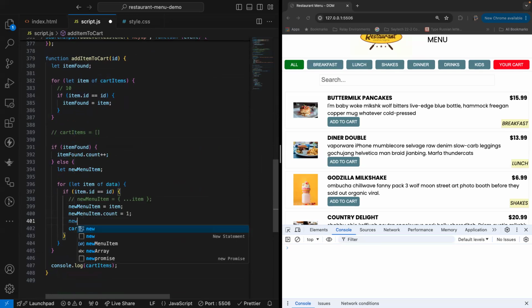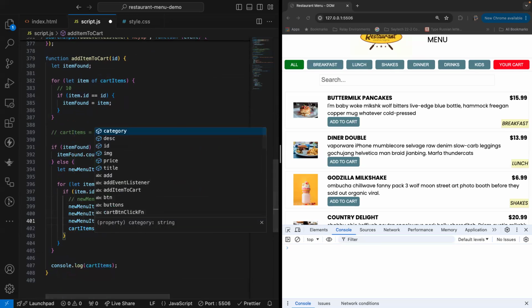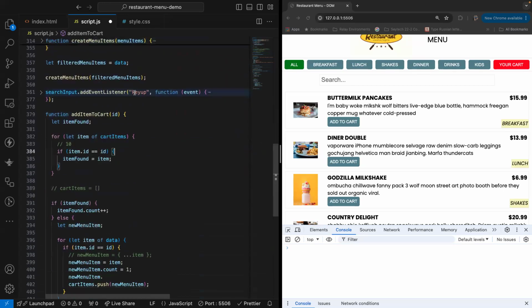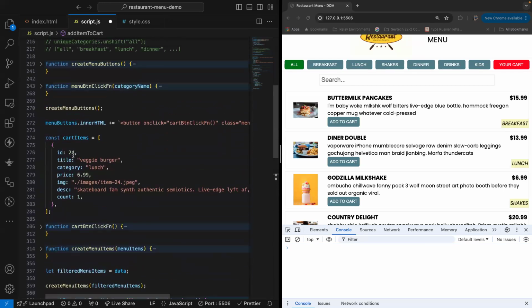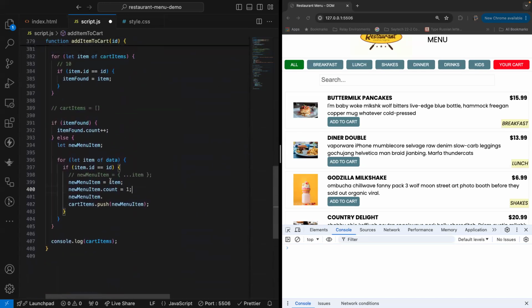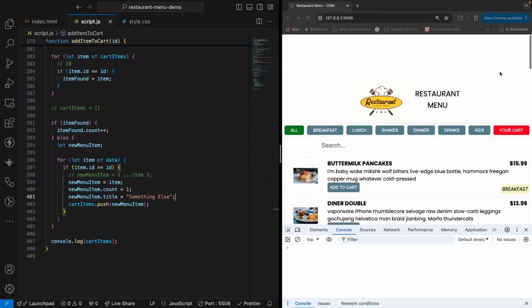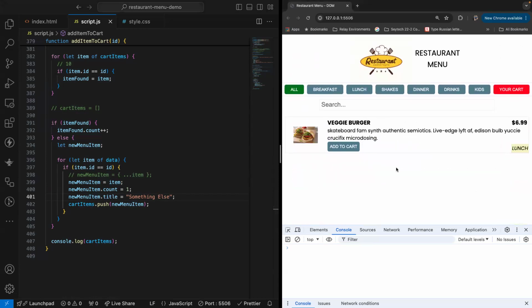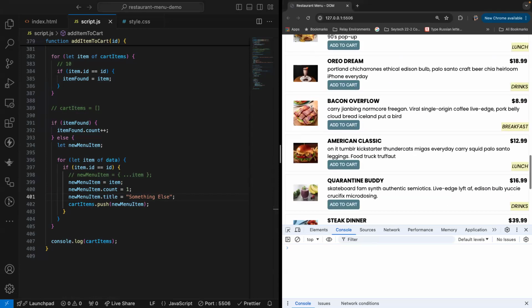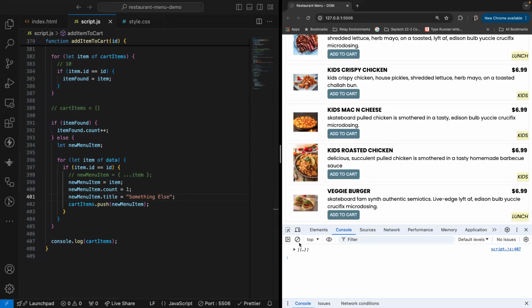And same thing, new menu item, what do I have? Do I have title? Oh, I do have title. Okay. I want to change this title to something else. Right. So right now I'm just referencing the same point in the memory, and title something else. Okay. Veggie burger. Do I have anything in my cart? Yes, veggie burger. Okay. So go back, and if I click add to cart, all right,